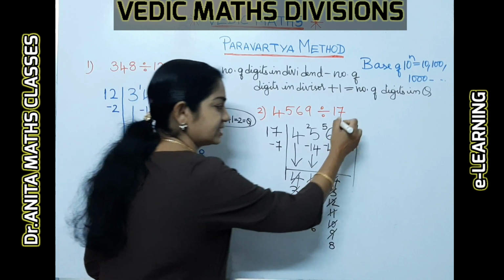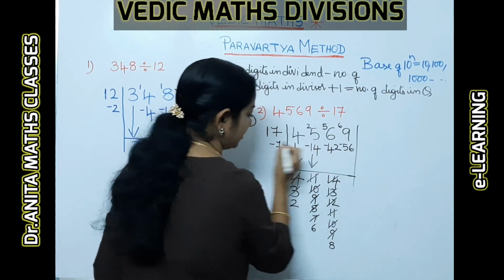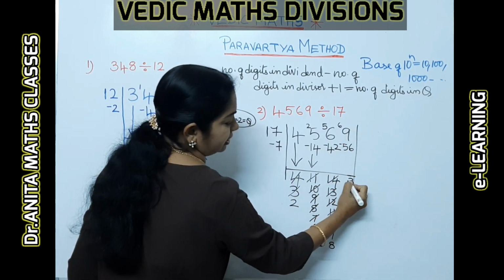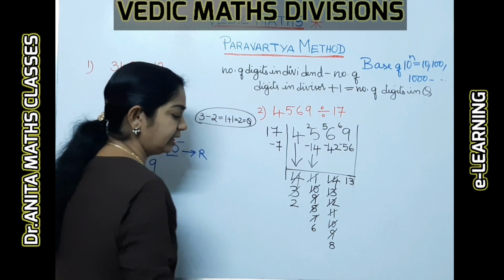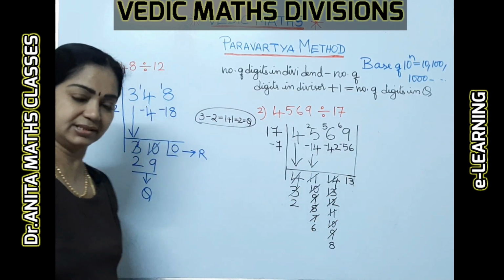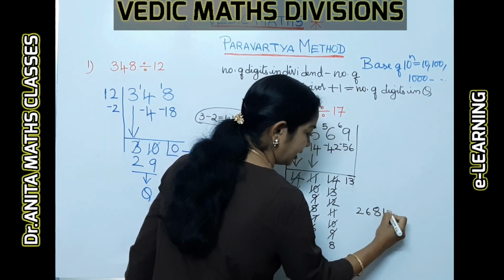Right. So from 69 drop 56. So subtract. This is minus because minus 7 into 8 is 56. So that comes to 3 and 1, 13. Now when you see, 2, 6, 8, 1, 3 is the number here. We got 2, 6, 8, 1 and 3.